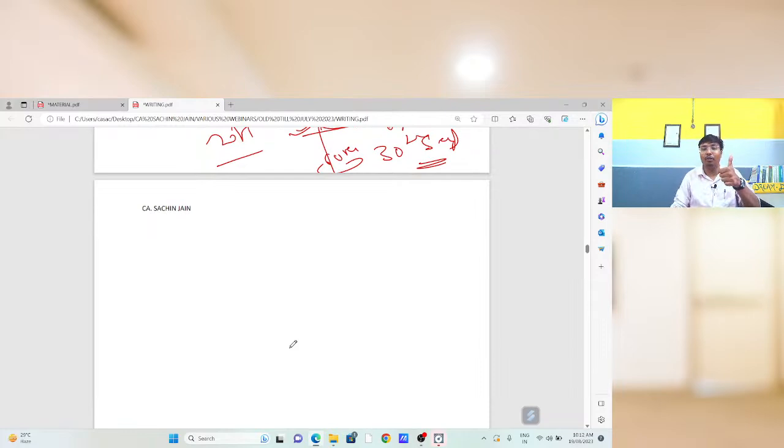This concept is also okay. We had discussed forward charge: invoice or payment, whichever is earlier. In case of reverse charge mechanism, the date of payment or entry in the books of accounts, whichever is earlier, or 60 days from the date of issue of the invoice, whichever is earlier, will be the time of supply. So total 4 situations we had already covered. If anyone has any doubt regarding these 4 situations, then you are free to raise the question in the chat box. And now,